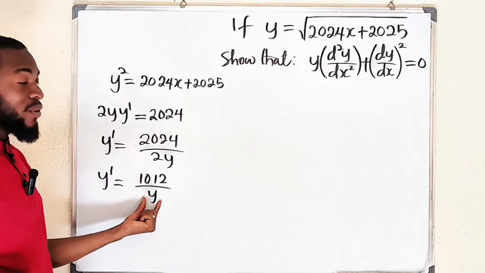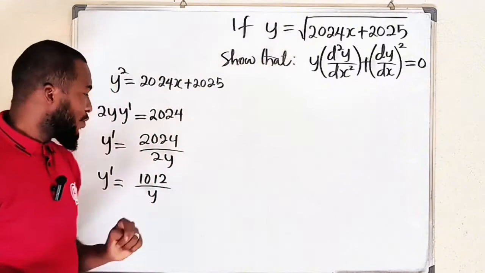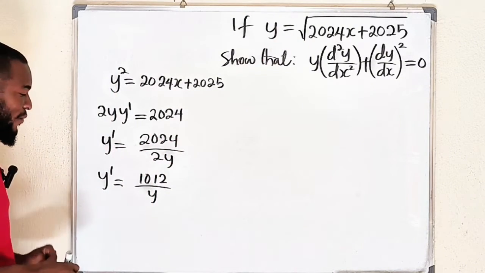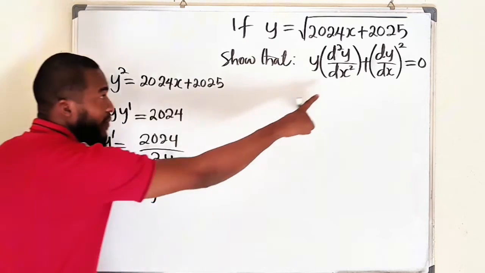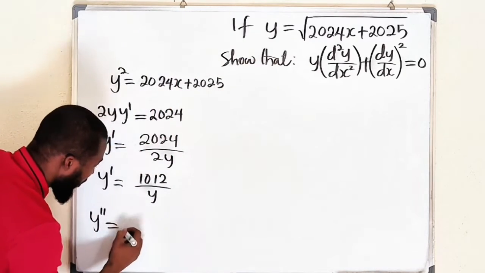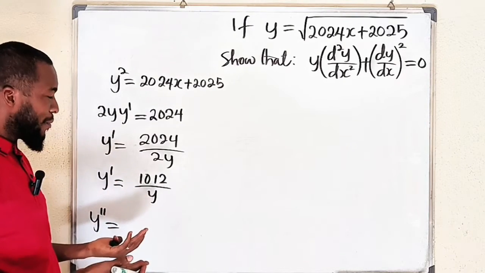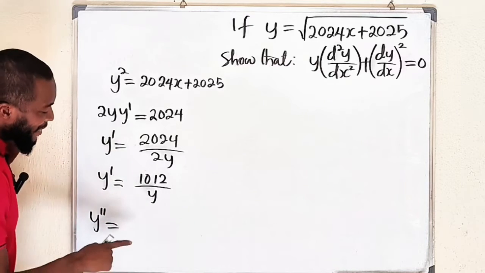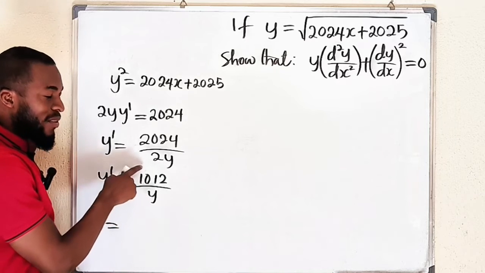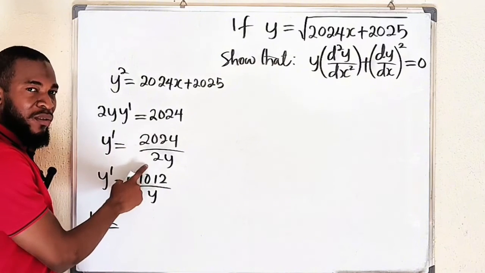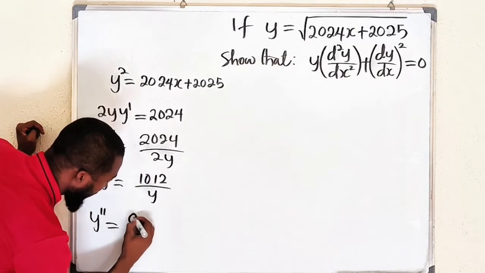If we like, we can substitute x back. Y is the whole of this, but I don't want to do that. Let me just differentiate it for the second time. Y double prime, that is the second derivative, right? Let us apply the quotient rule. It states that bottom, that is y, times the derivative of the top. Top is constant, its derivative is 0, times y is still 0, minus